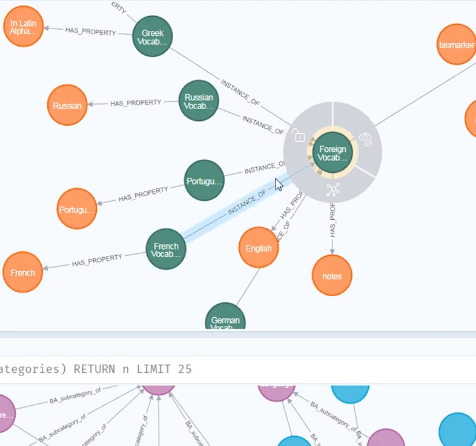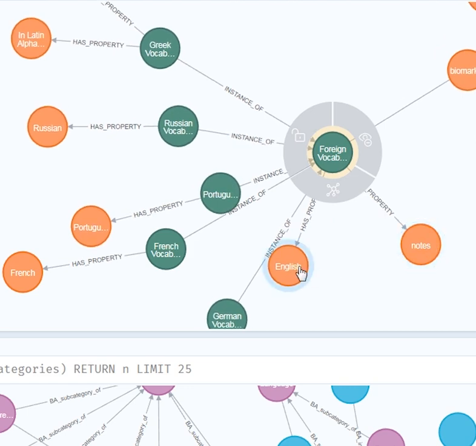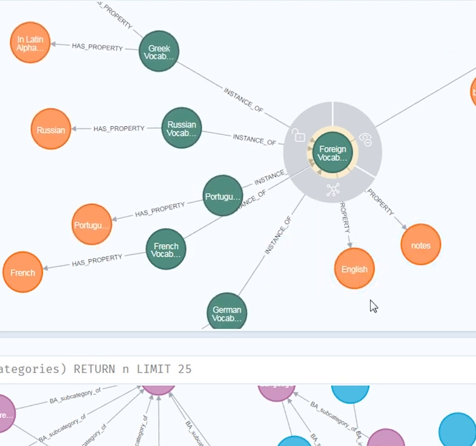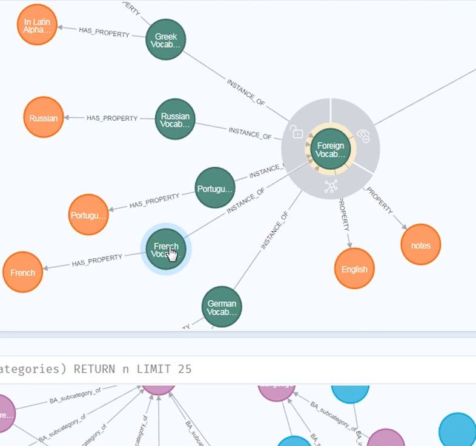What about the English version? Well, the English version, as well as notes, are the same for every language. There's always an English and notes in this particular type of data modeling we have here. So those properties sit with the parent, the foreign vocabulary, of which French vocabulary is an instance of, a special relationship, instance of, which the user interface knows about, as well as the schema layer, one of these foundational libraries